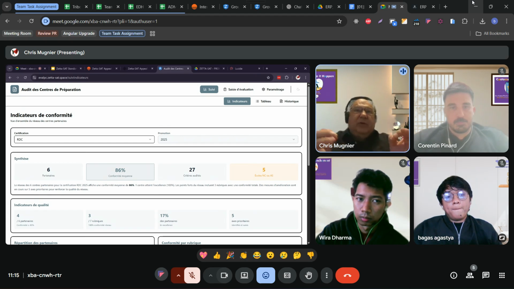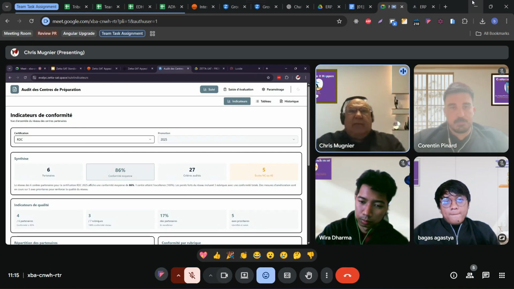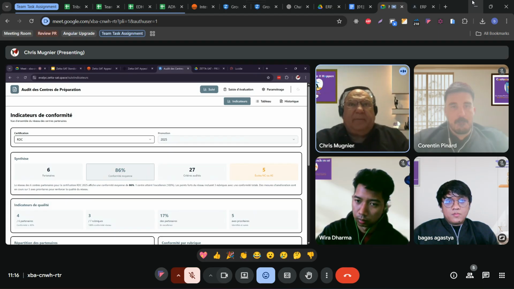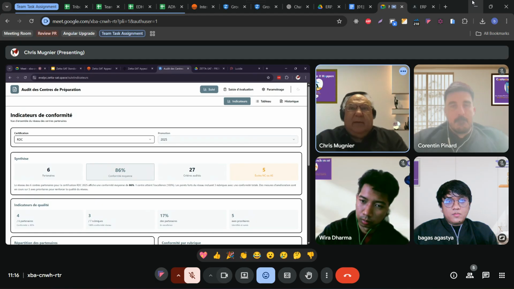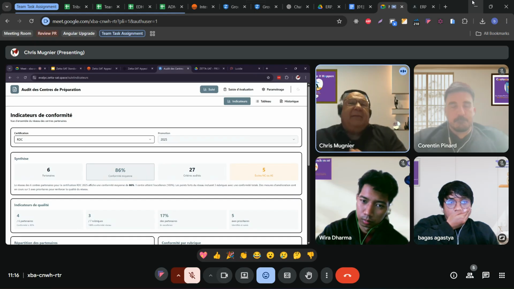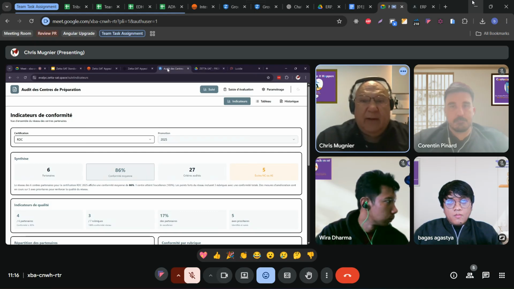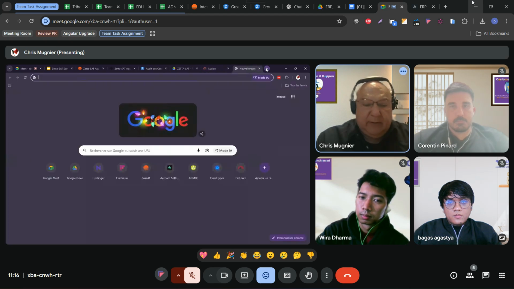So we should say, for example, okay, we start with the styling, then the menu of the parameters, then etc. etc. Because, for example, creating the table is something that can be done at the end. Why? Because first of all, and I come back to this one to show you,